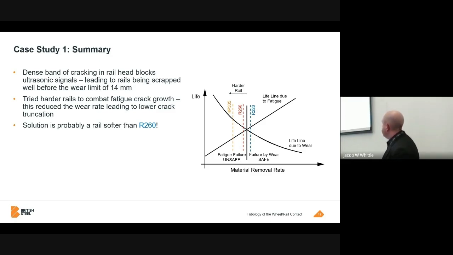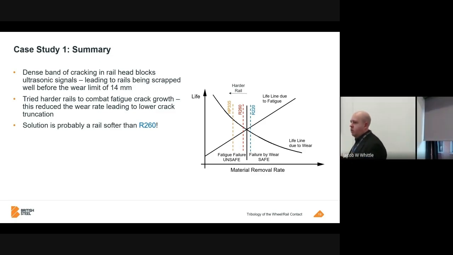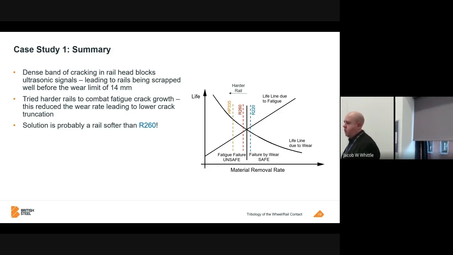So that is essentially a whistle-stop tour of the wheel rail contact tribology. I'm just trying to put my teeth in. I'd love to go